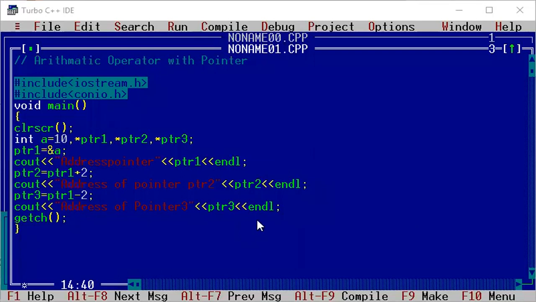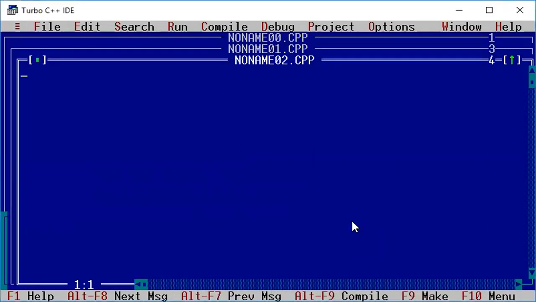We will take an example in the case of dynamic memory allocation, because in this case we are using two different operators. One is new and the second one is delete. So new is specifically for allocating the memory, and the delete operator we will use for deallocating the memory. How will we use it? We will create one program for dynamic memory allocation. We just write here as a comment dynamic memory allocation,